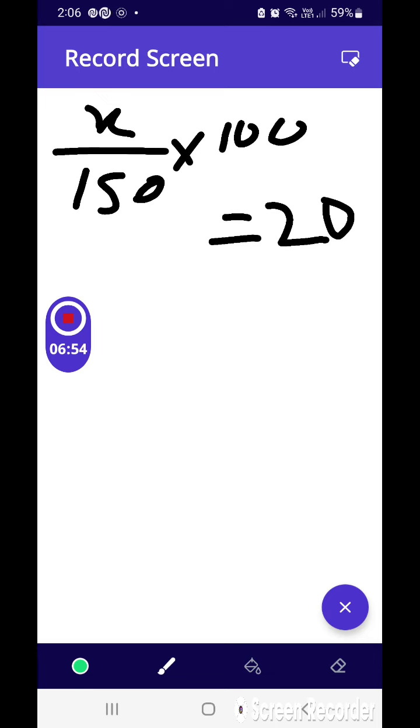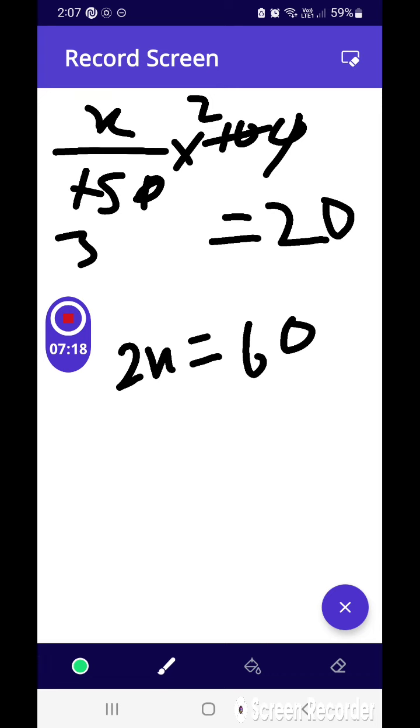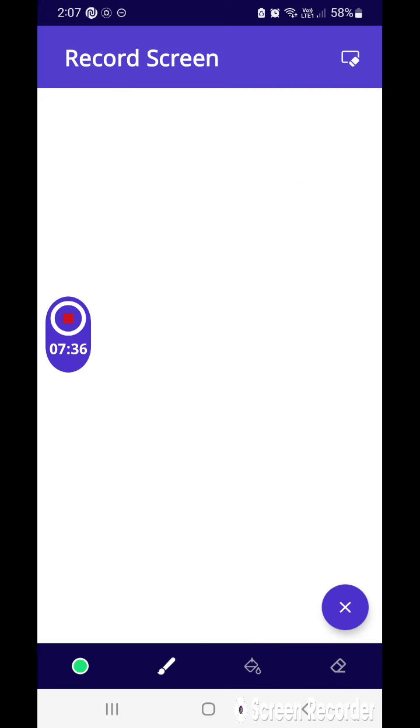So we had a solution of 150 gram, in which x gram of solute must have been added, due to which its concentration level became 20%. So now we will cut the zeros. This is 3, this is 2. Now we are going to multiply 3 to the other side. So 2x is equal to 60. So x is equal to 30. So in 150 gram of solution there must be 30 gram of solute. Now it is telling how much water we should add to this solution. So now redo this.